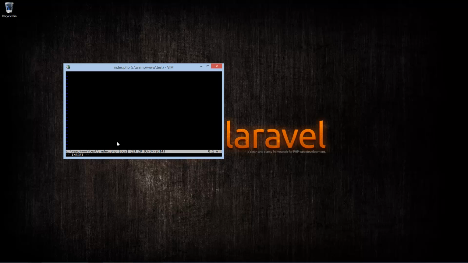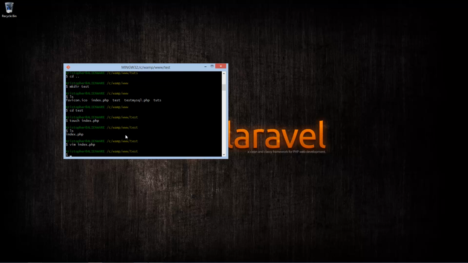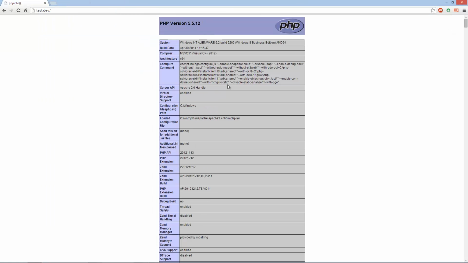First thing we're going to do is press i so we can insert information into it, and we're going to open our PHP tags and just say phpinfo. Close out our PHP. Next, we want to hit escape, and then :w to write, q to exit. So there we go. Next, just to see, I already have this on a virtual host, so I'm going to type test.dev and bring it over here so you guys can see that yes, we're in that test folder,